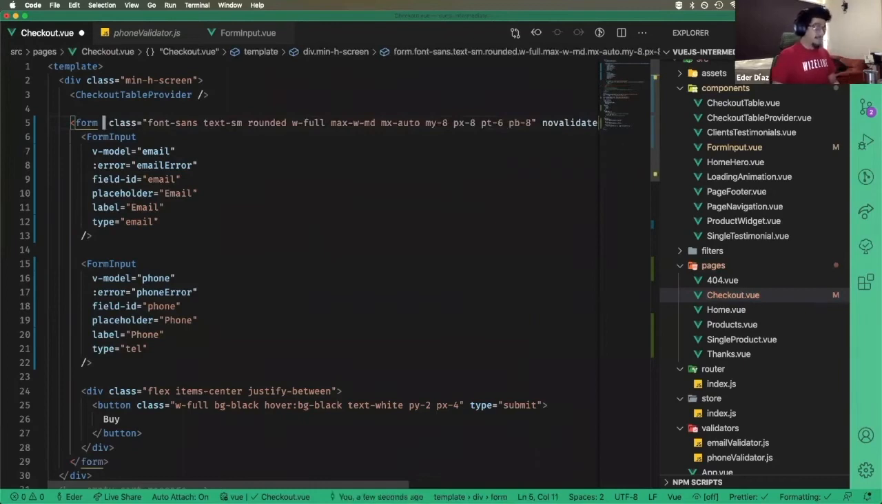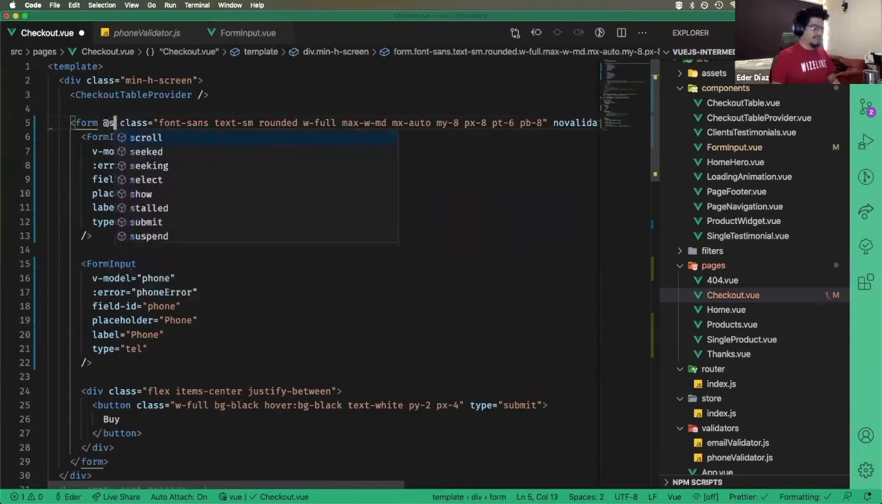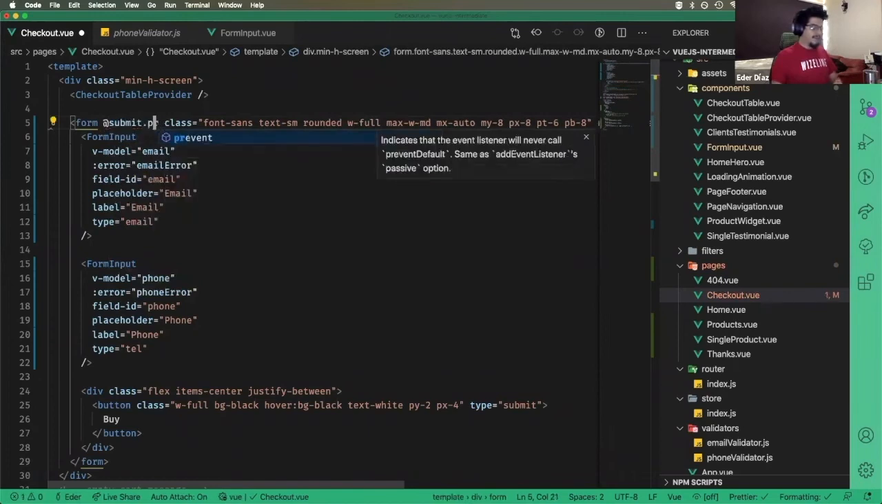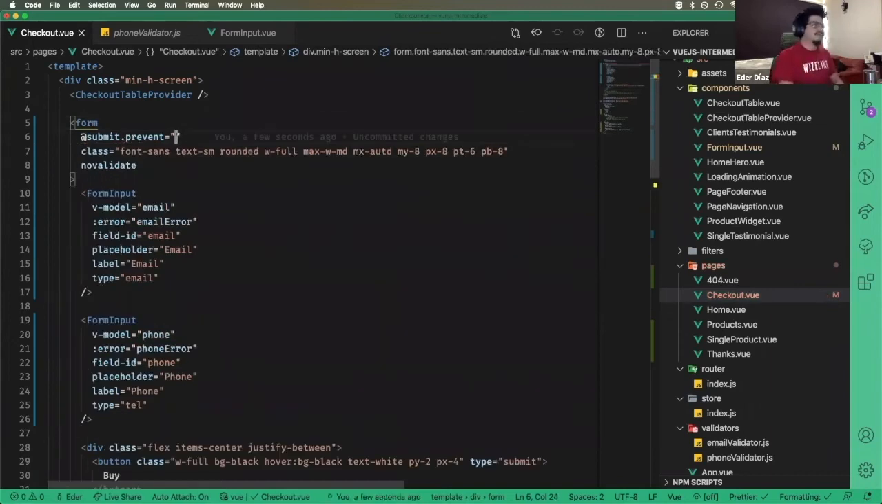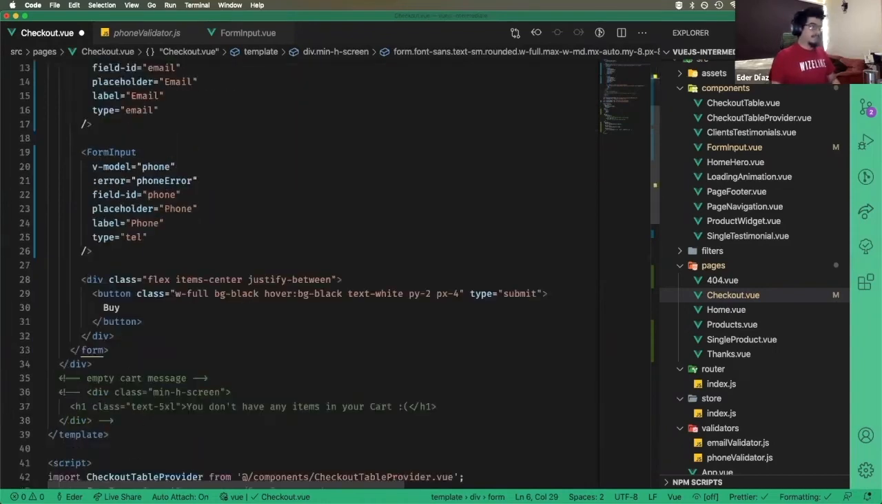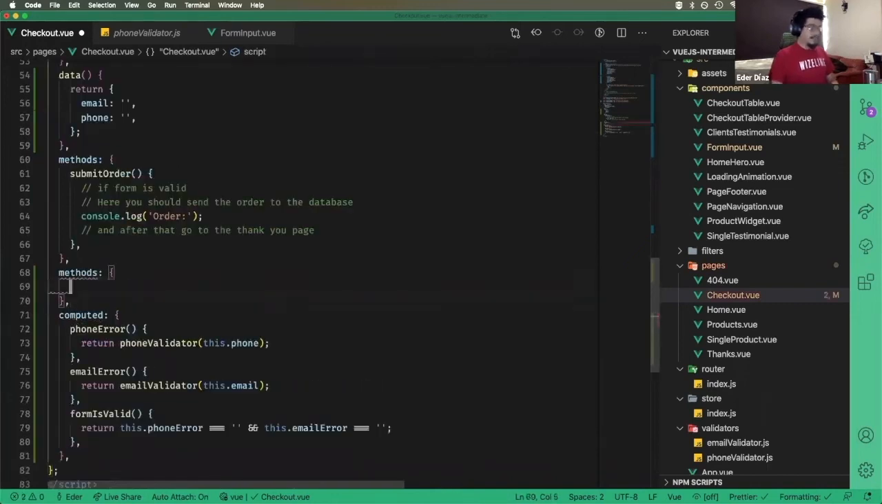So for getting when the form is submitted, we just have to listen to a submit event and use this prevent. Prevent is useful whenever you want to avoid the refreshing of the page, and instead of doing an event.preventDefault inside the function like we did on jQuery or other frameworks, we can just do it with this shorthand in Vue. So we're gonna call a submit method that we haven't created, but we're gonna create it here. Submit,